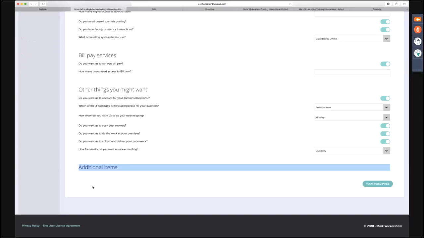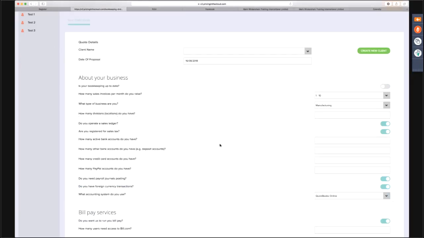I haven't changed any of the numbers behind the scenes, and you don't need to change anything behind the scenes if you don't want to. Our recommendation is obviously, please do go and have a look at the questions, because it may be that we've missed something. If we send you a US template, it may be that we've missed changing the words VAT to sales tax. So do please go and have a look through the template, familiarize yourself with it,